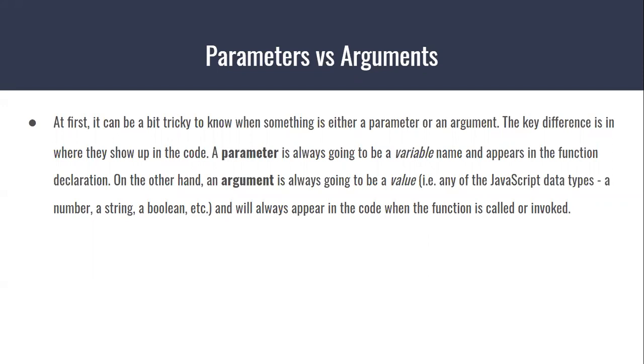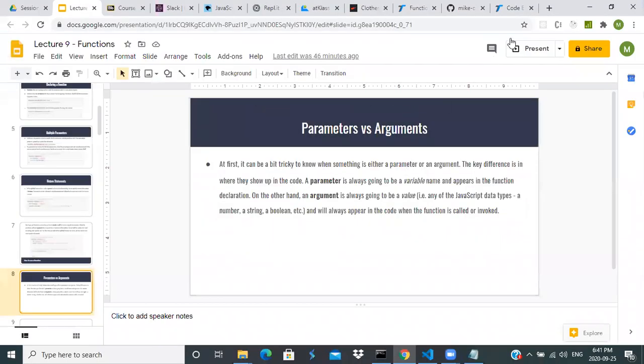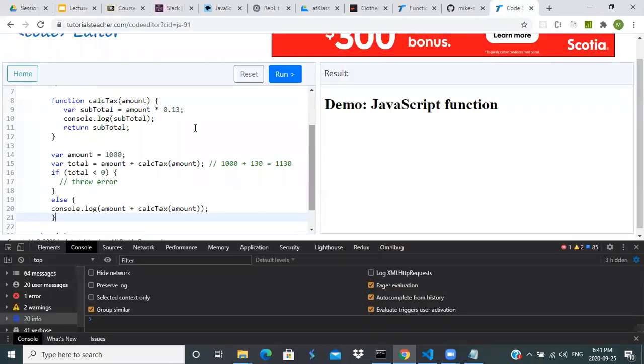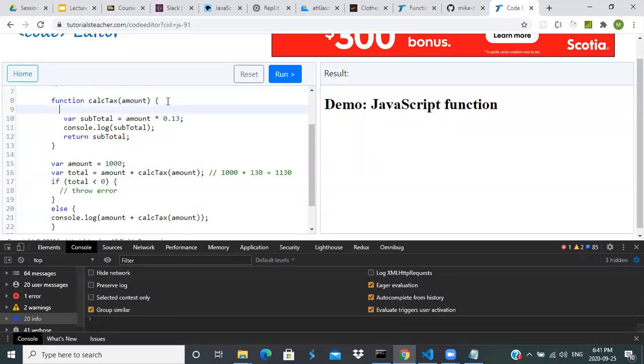An argument is always going to be a value, any of the JavaScript types, and will always appear in code when the function is called or invoked. Right, so what that means now, to take that in. This would be a parameter, amount, but amount changes all the time. So we could have something that would be an argument inside of calc that might be something like